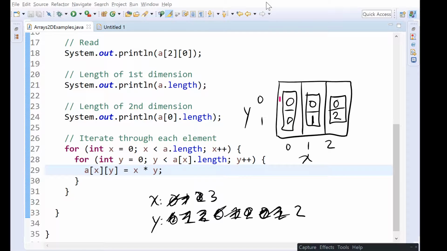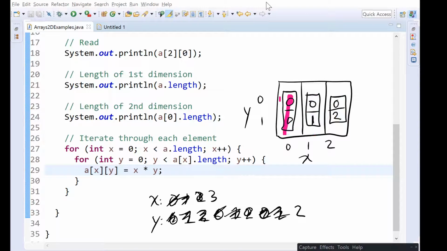And so this is the pattern that you'll see for working with a 2D array. You'll have a nested loop where each loop is going to be working through one dimension at a time. So the inner loop here is working through the y dimension, and the outer loop is working through the x. We could flip these, and if we did that, rather than working like this, where we start on the outside and we work down y because the inner loop is y, and then come back to the top,